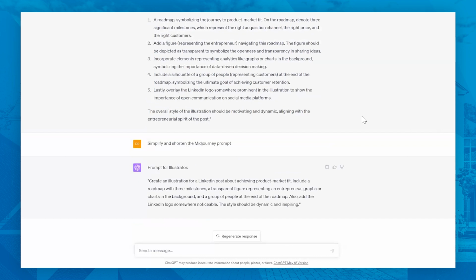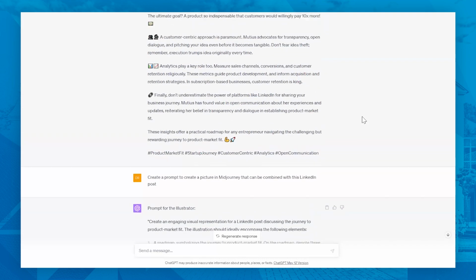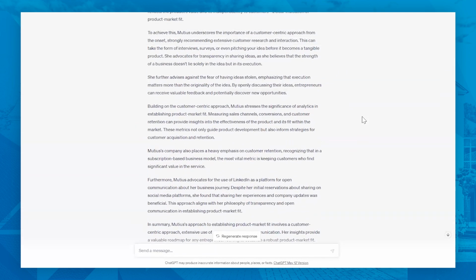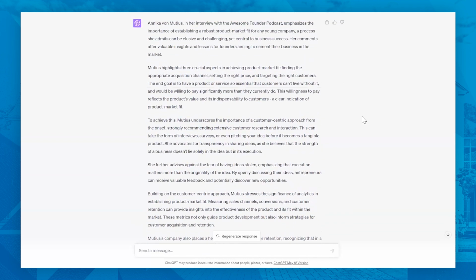And then, as you will see, I'm now a bit too far. Let me go back. So here is then the expert piece that it generates. So indeed, as I asked, it's like a 500-word expert piece where it actually gives a very nice summary about how to achieve product market fit, and based on what I discussed with Annika in this case. So here it doesn't hallucinate, it doesn't make up stuff, because I've really prompted very specific information, and so it relies on that information to write a very nice expert piece.